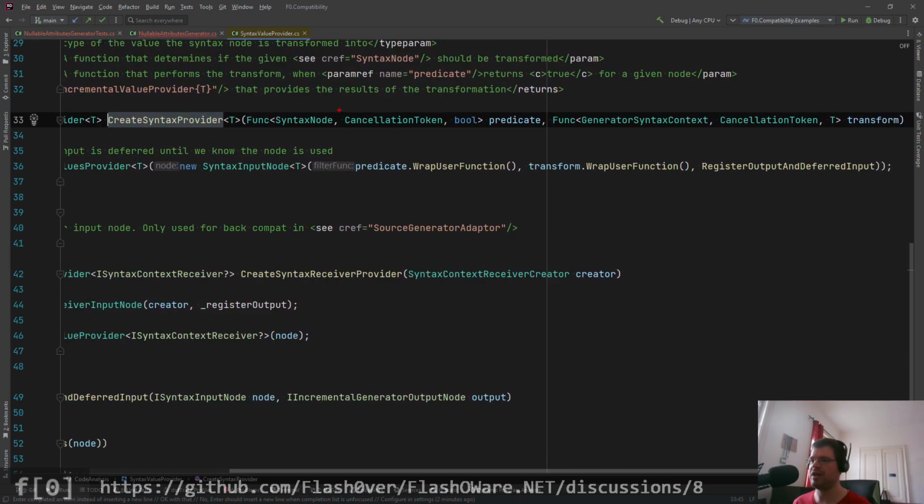We have a func where we get in the syntax nodes, which is similar to the Roslyn 3.8 and Roslyn 3.9 syntax providers. And we get another callback, the transform callback. We're not really gonna need this because, when do we need to create this attribute? Actually, do we really need a syntax provider? Not really, because